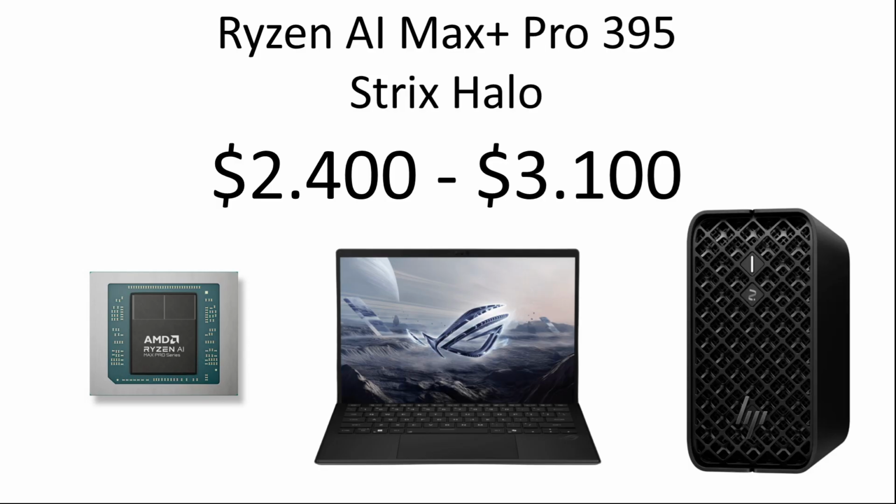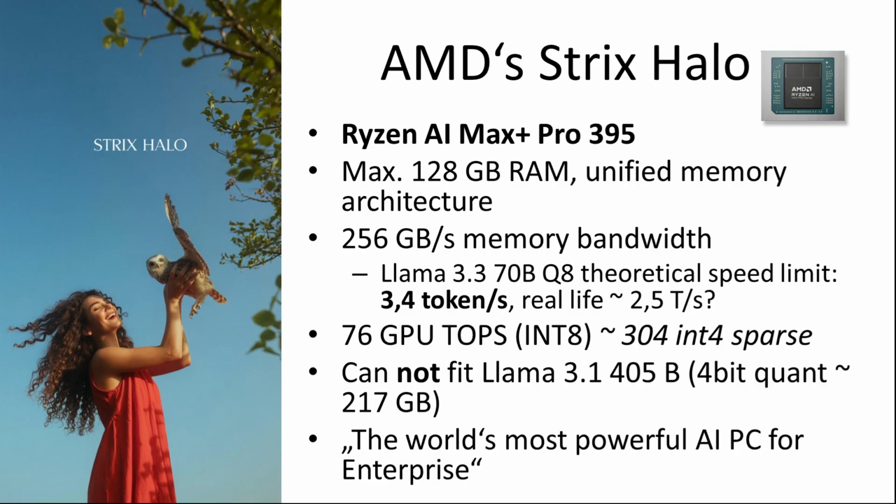So this system was designed primarily for portable systems or for desktop systems, and it's an SoC specifically with the memory bandwidth being accessible from both the GPU and the CPU cores, called unified bandwidth. So a limit to it, it has a maximum of 128 gigabytes of RAM, and it has a 256 gigabytes